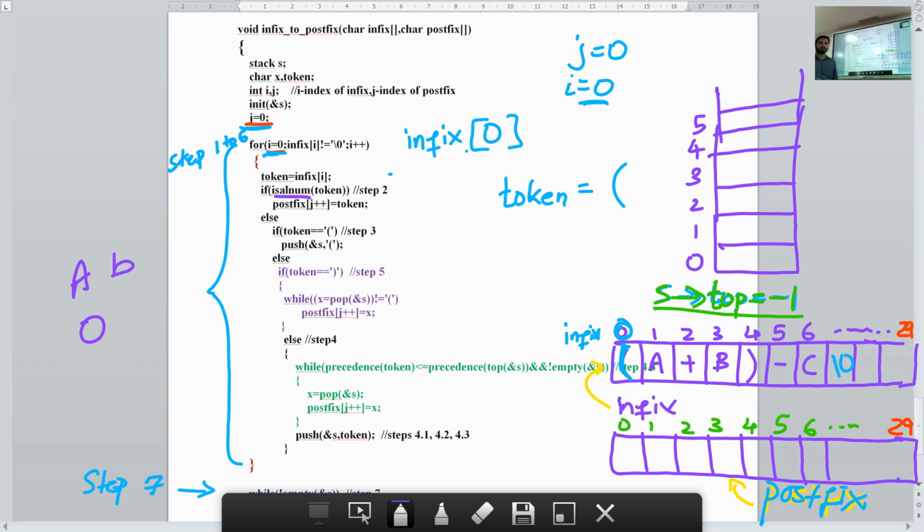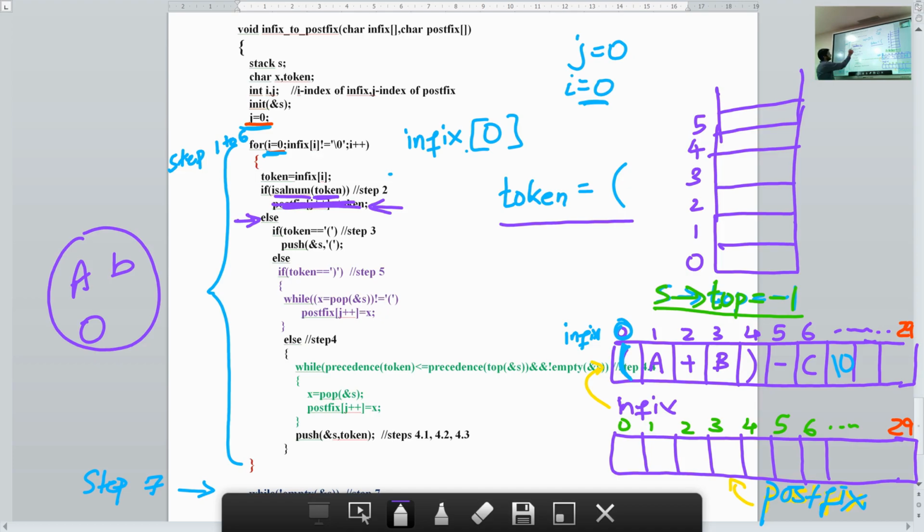If it is any of these, then it returns true. But your token is an opening parenthesis. It's not alphanumeric. So we do not execute the if statement. We go to the else.